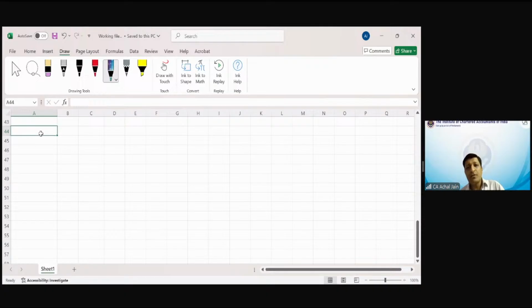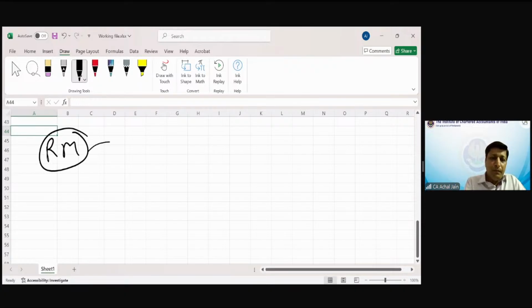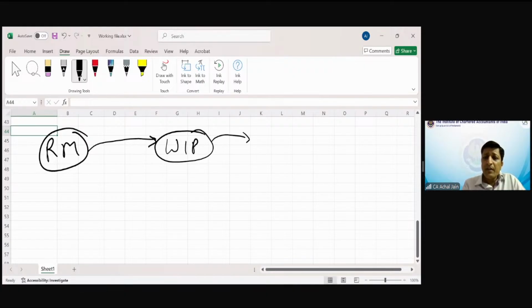So once you have the raw material, it will get into the manufacturing process. It will remain WIP till the time manufacturing is completed. And once the manufacturing is completed, that is when you get onto the finished goods. Now,